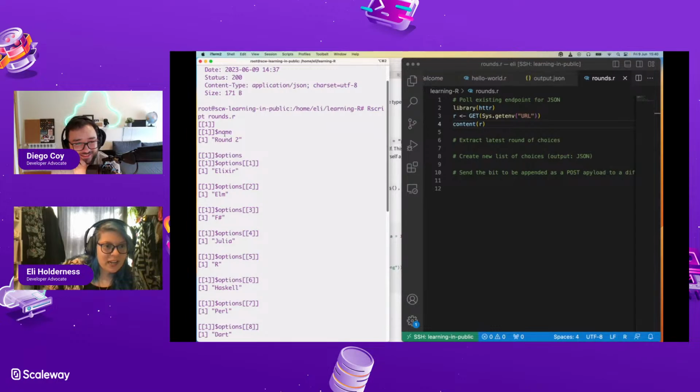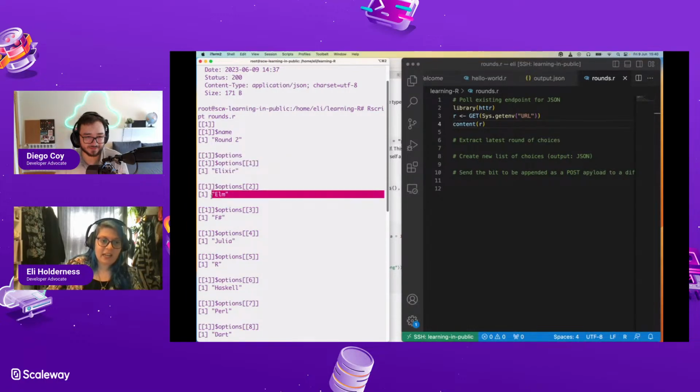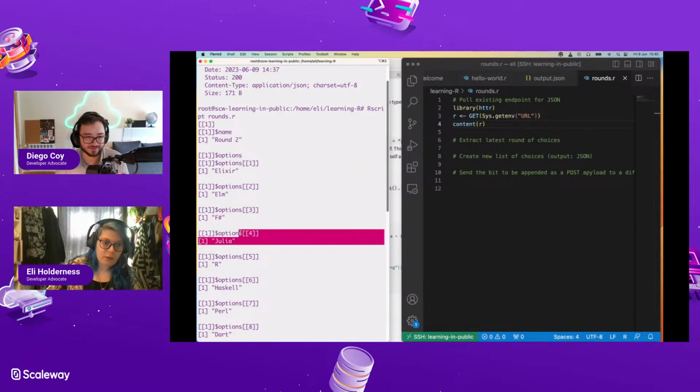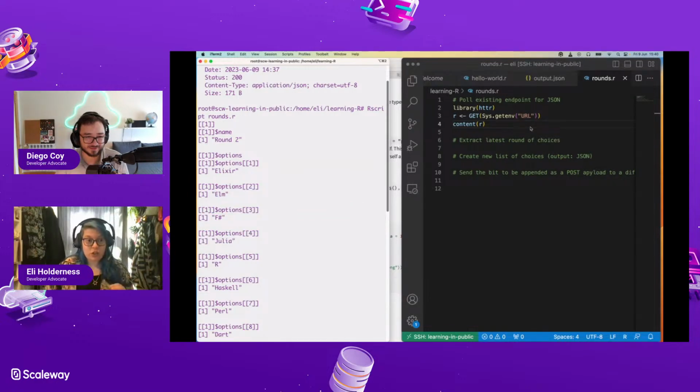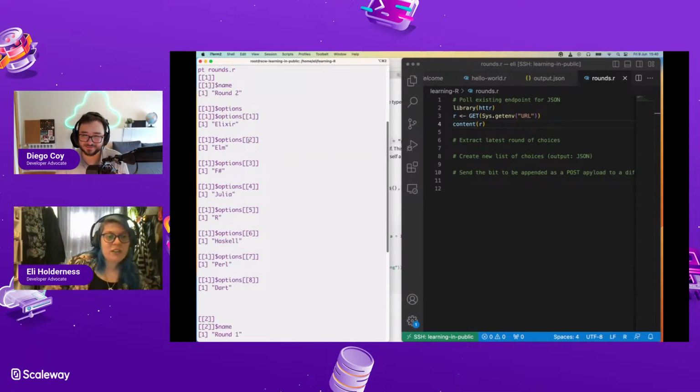So I think what it's telling me is, this is name, and it doesn't have multiple things in it, so it's just round 2. And then there's a thing called options, and here's the first thing of options, it's Elixir. Here's the second thing of options, it's Elm, so on and so forth. So what I need to do is extract the latest.